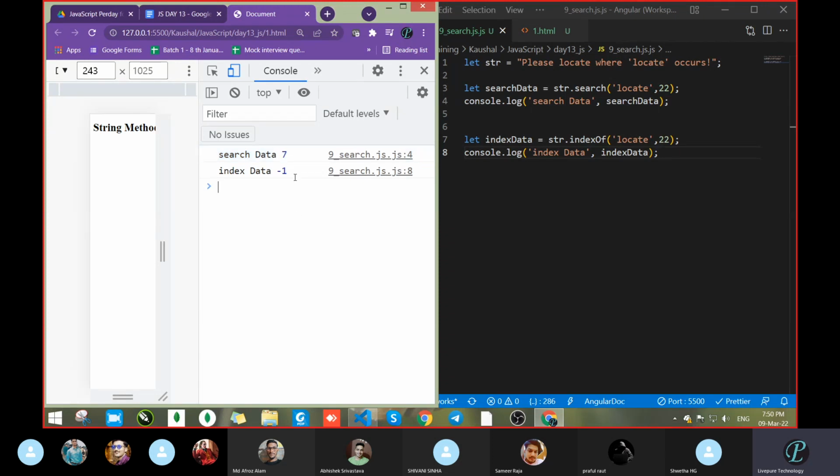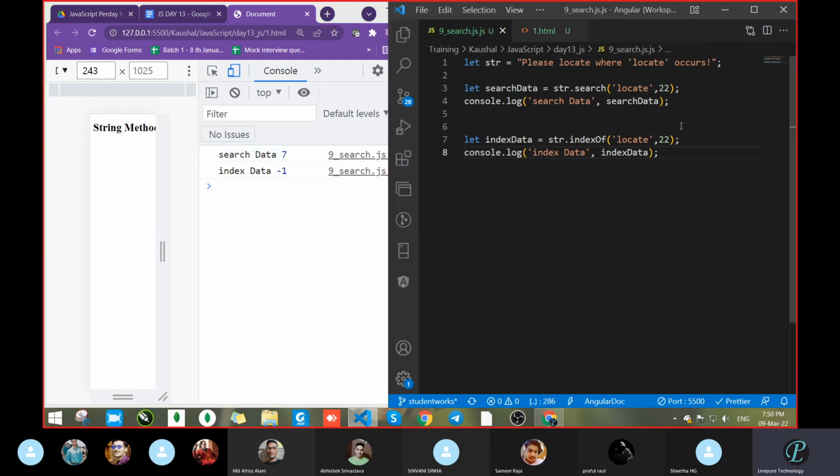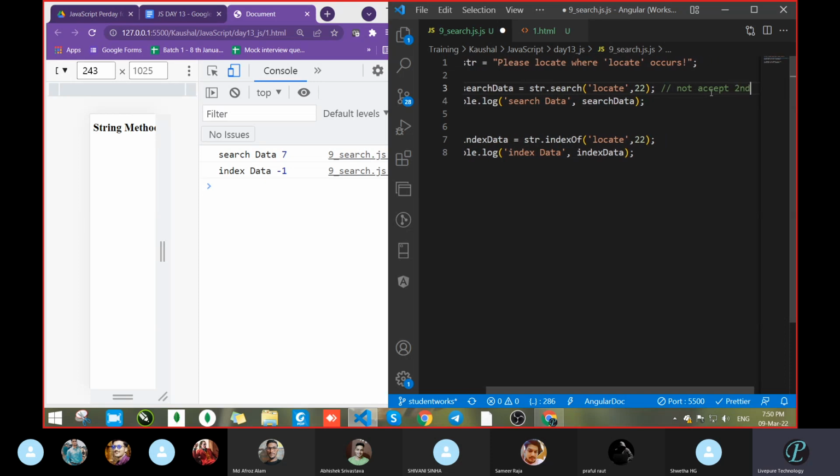There is no error, but it's not giving you any result. Clear? So this is the difference. The search method will not accept a second argument. But in the case of string indexOf, it will accept that.